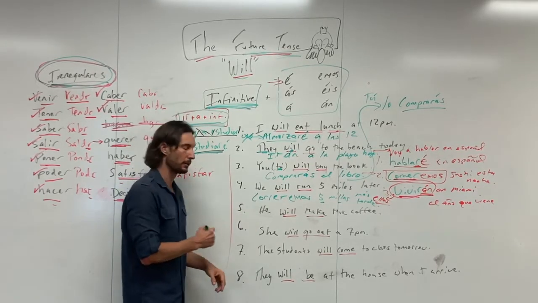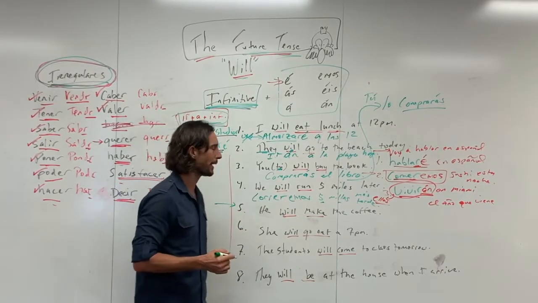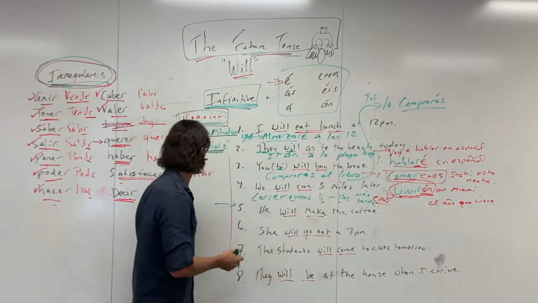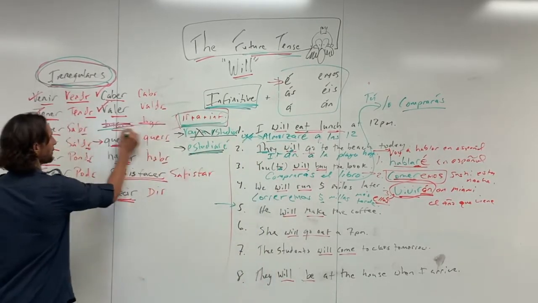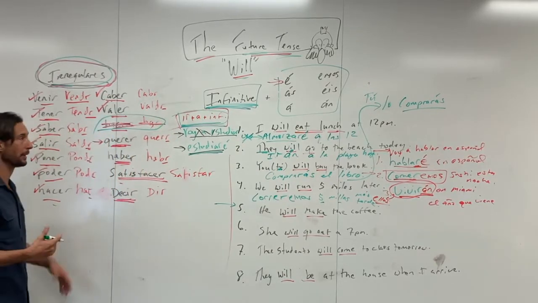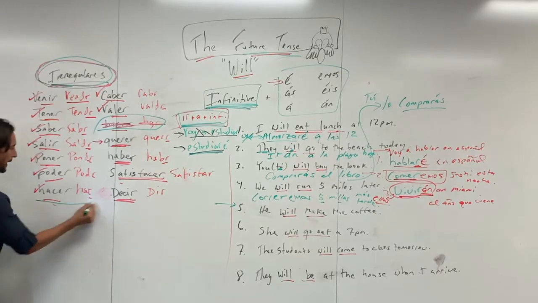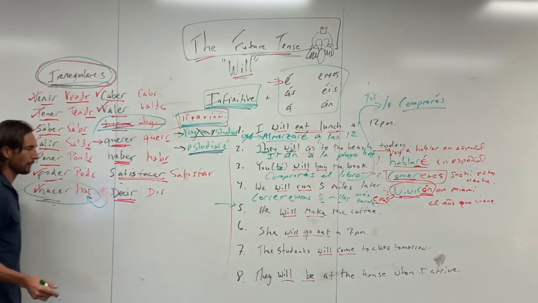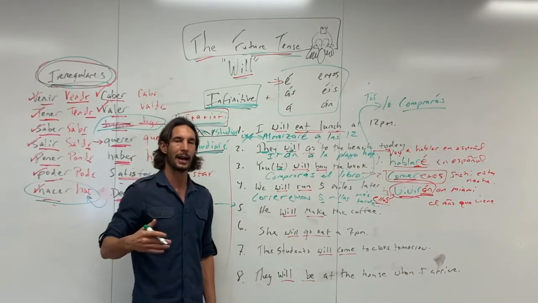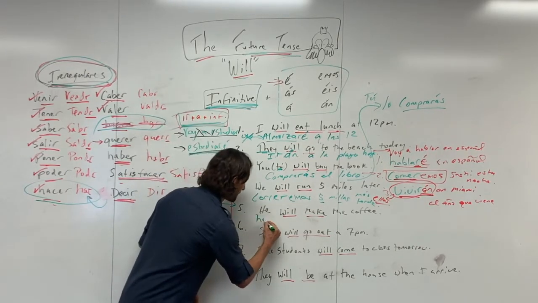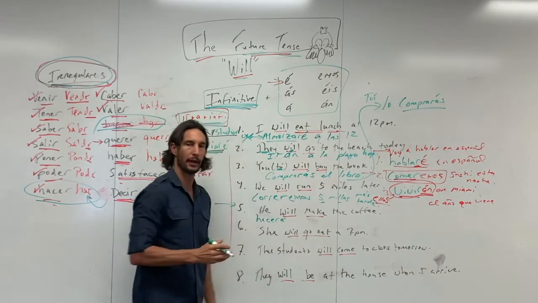But let's start now, number 5, right? And so we have he will make the coffee. So to make is hacer, right? And so again, for some reason I decided to write it twice up here. Maybe it's just that good of a verb, right? It was worth putting up there twice. So anyway, we have it right here, and it's an irregular, so it would be h-a-r, not hacer. Hacer, for example. You won't say hacerá el café. You don't do that, right?